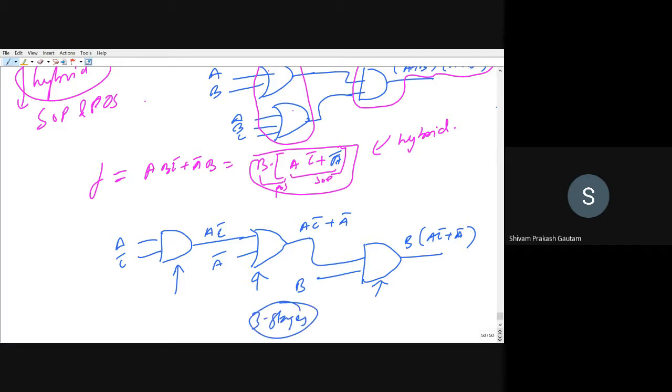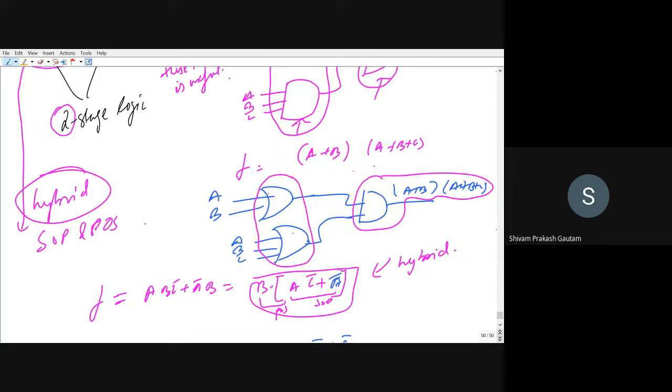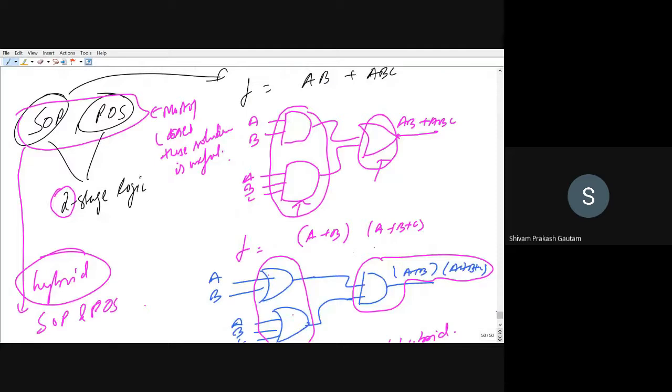This is not what we want. Why? Because if our signal is applied at this point, let us say at t equal to 0, at time equal to 0 or time equal to t1, whatever you may call, then at the same time all the inputs will be supplied. A might be 1, B might be 0, any combination you may take. And when you pass these signals to these